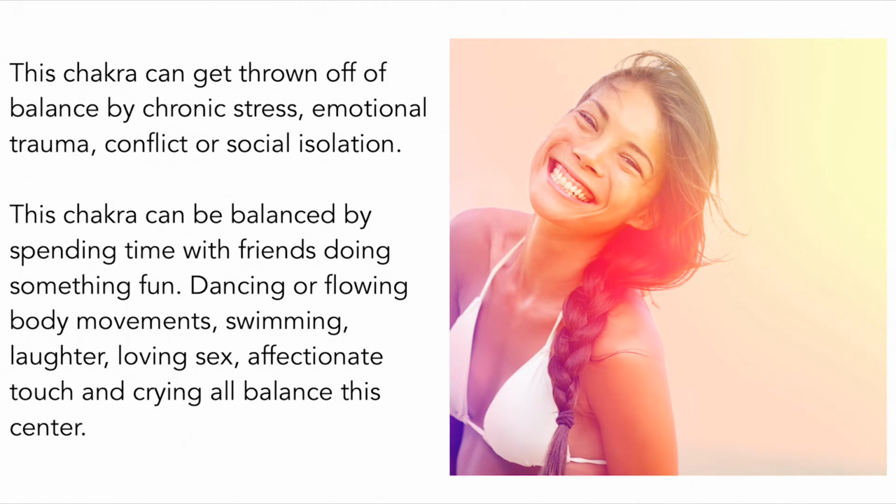Social isolation is, of course, another big one. If you are socially isolated, if you're isolating yourself for any reason, then you will experience a lack of energy in that sacral chakra. So you can really easily balance this energy center by spending time with your friends, doing something fun, anything that makes you laugh, play, and anything playful and really completely not serious will open this center up. Laughing,